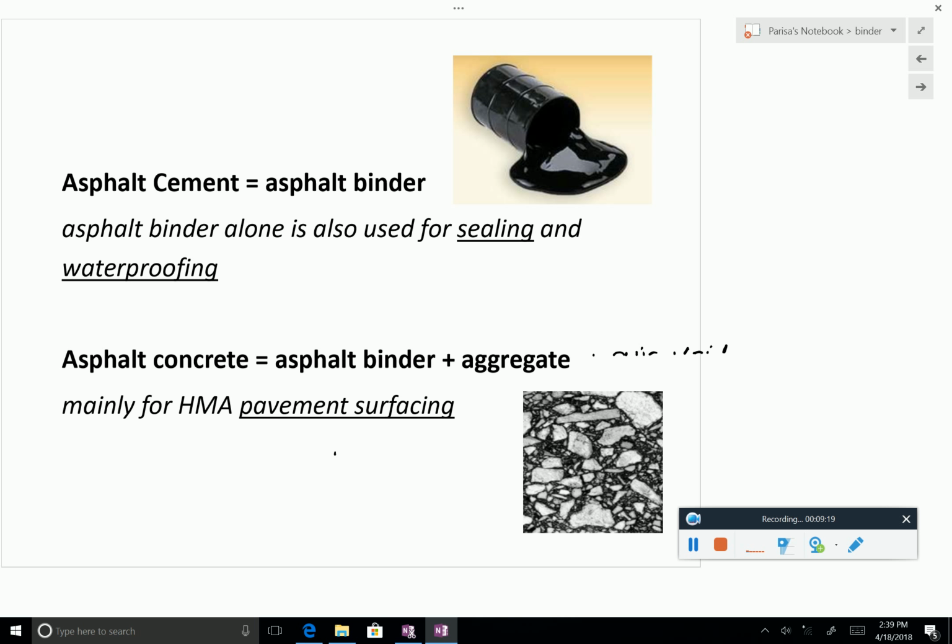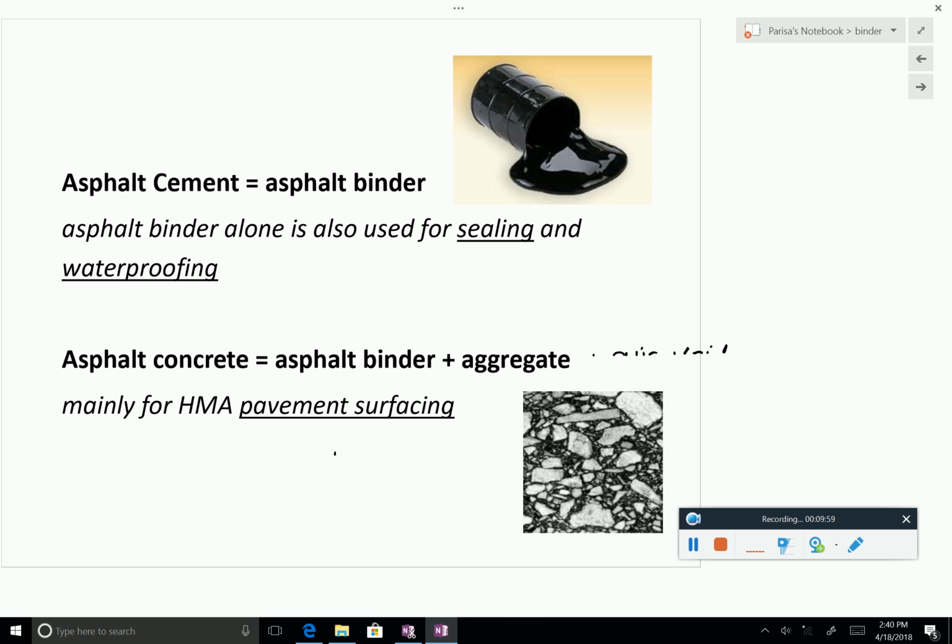So asphalt is asphalt binder or asphalt cement, people say, and it's the glue for asphalt pavement, and also it's used for sealing or waterproofing. If you have worked in construction, or if you have been curious about the waterproofing of your basement, maybe you have seen that sometimes people use this black substance to waterproof, right? Has anyone noticed that or seen it? No? It's hard to see because you don't really see it, but if you ever have a problem with your basement, then you have to see what is going on there. Anyway,